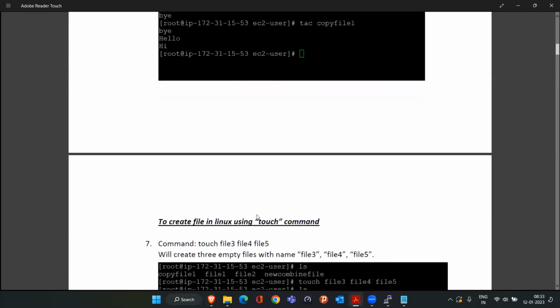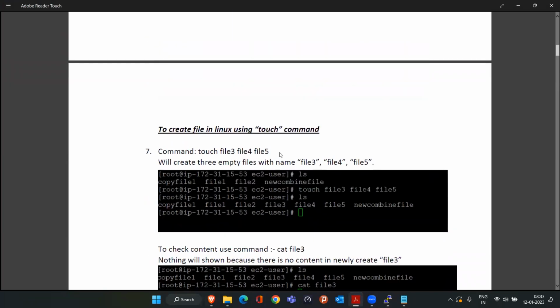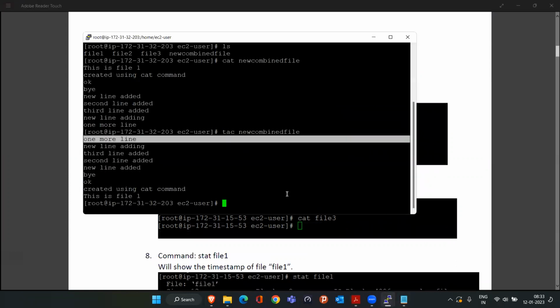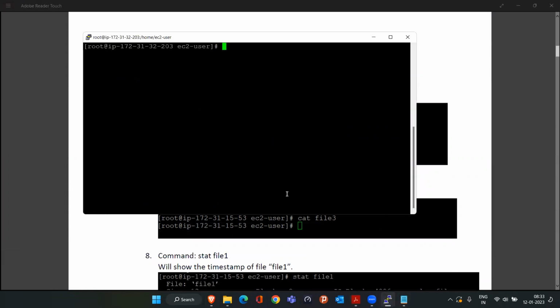Now after the cat command, we are going to see the touch command. How the touch command is going to help you. So let me show you again. Currently, this many files are present: file 1, file 2, file 3. Now, if you want to use the touch command,